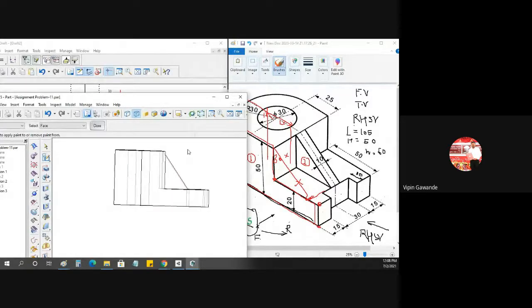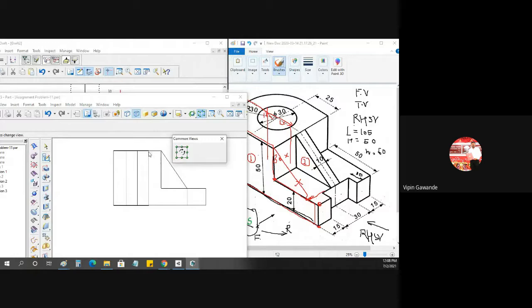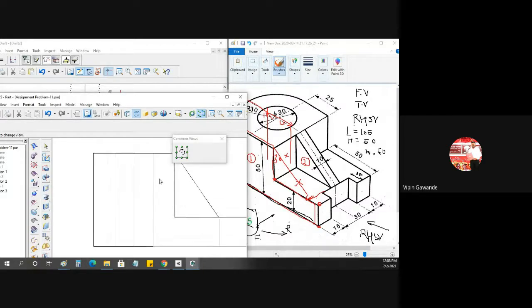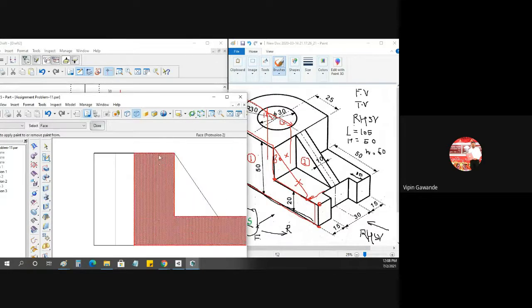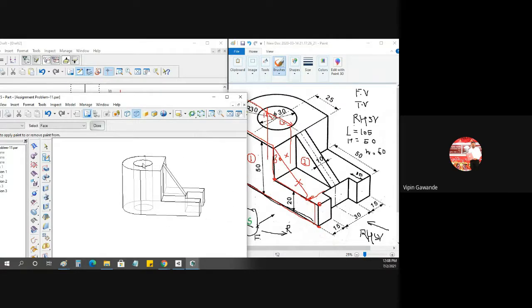Which two lines do we have to draw? We have to draw these two dotted lines. From this center line, it is 15 here, and on this side it is also 15. So we will draw the two dotted lines for these two lines. This one, and this one. So we have drawn the circle's lines, because the circle is not visible.